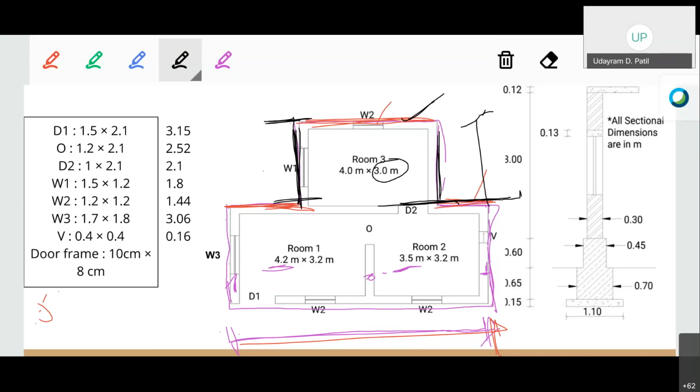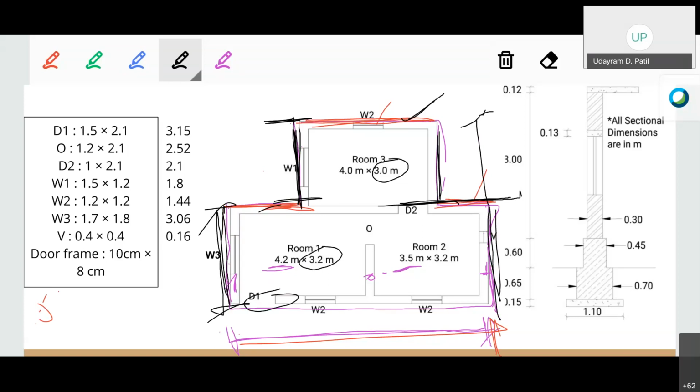Okay, now again ही जी काही तुमची पर्टिक्युलर वॉल असेल याचं कॅल्क्युलेशन करताना this wall length, that is 0.3 plus width of the particular room, that is 3.2. Again width of the particular wall, that is 0.3. Therefore the total length will be 3.2 plus 0.3 plus 0.3, that will give us 3.8. Again multiplying with the 2, because ही सुद्धा एक wall आहे आणि ही सुद्धा एक wall आहे.